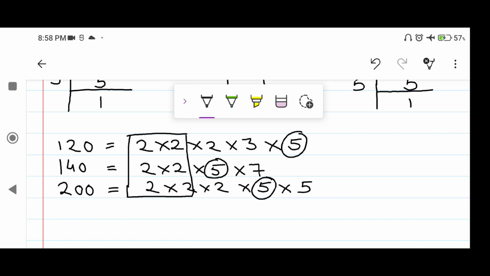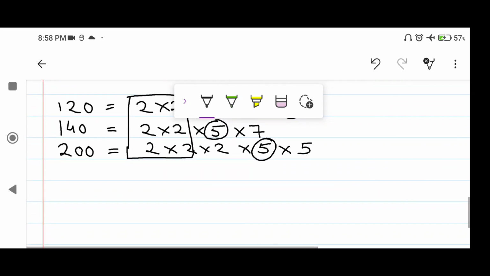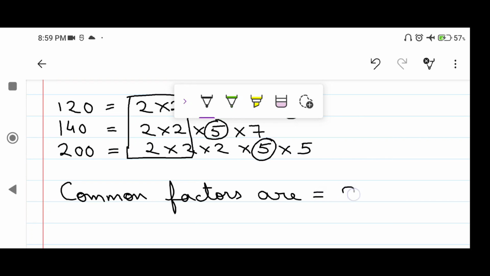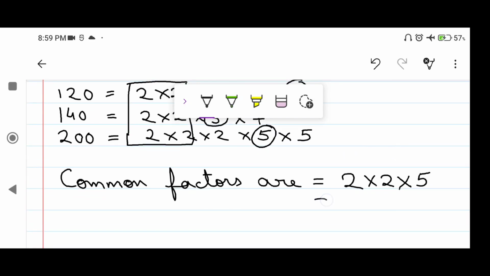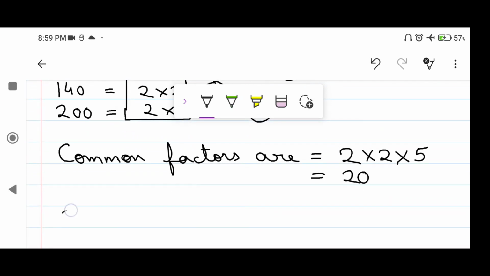So now we have the common factors of these three numbers. Let us write them. Common factors are 2 into 2 into 5. And now we can multiply these factors to find out the HCF. So we know 2 2s are 4 and 4 5s are 20. So 20 is the HCF